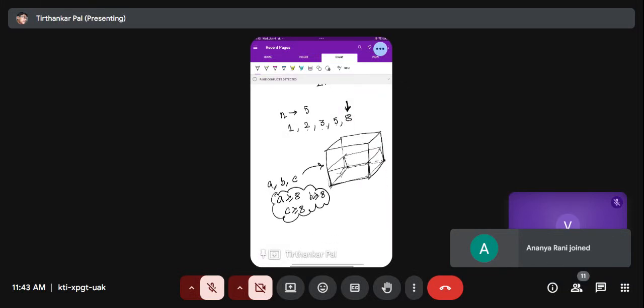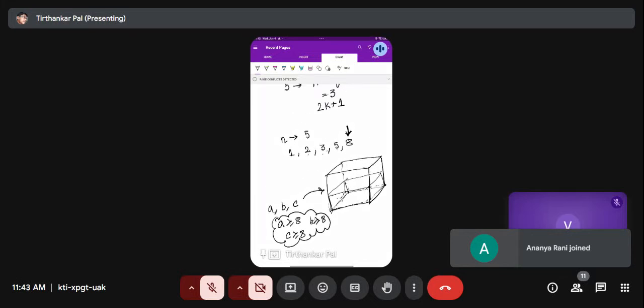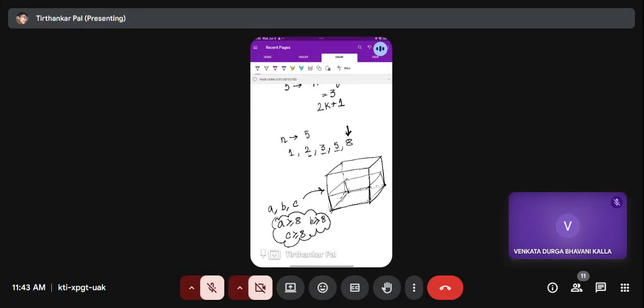Now the other boxes, how can we put them in the box? We can put them on top of this largest box,